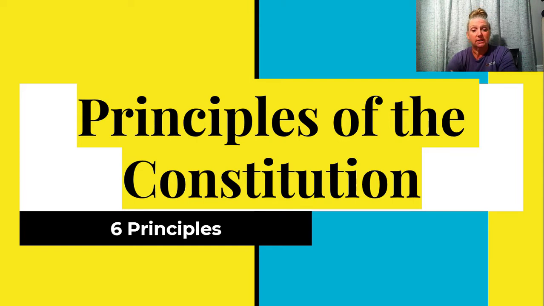All right, so there are 6 principles in the Constitution, and this is what the state of Oklahoma has stated as the 6 principles. You could Google this and find additional lists that include some of the same ones, maybe include some additional ones. I've seen lists of 7 or 8. I will mention at the end some additional principles that might be considered, but these are the 6 that, according to Oklahoma standards, you are to know as principles of the Constitution.